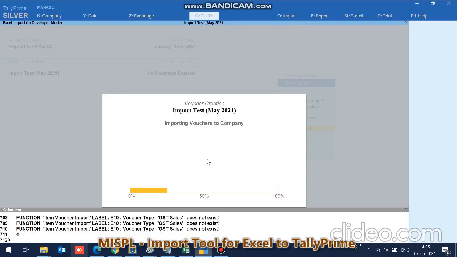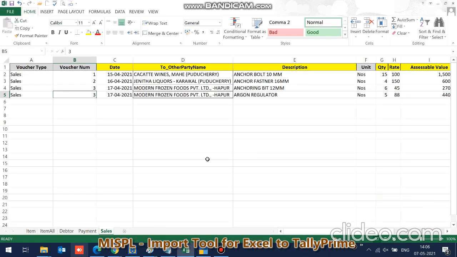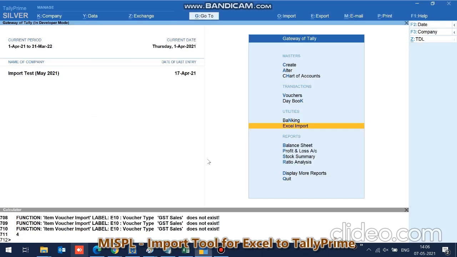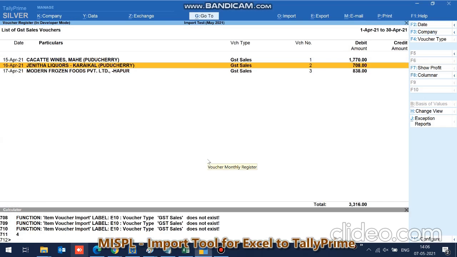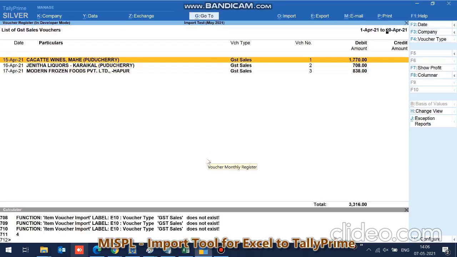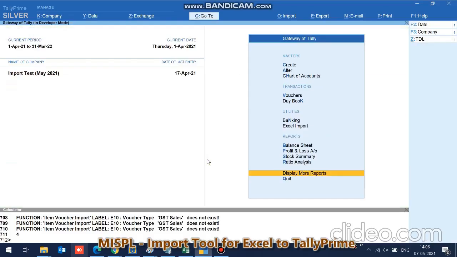I do IP sales, enter, and count 4 has come, that is 4 rows. And now we see we have 3 sales. It has come with the complete information whatever is required.